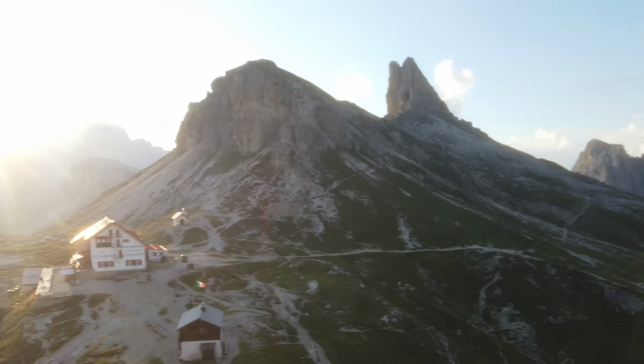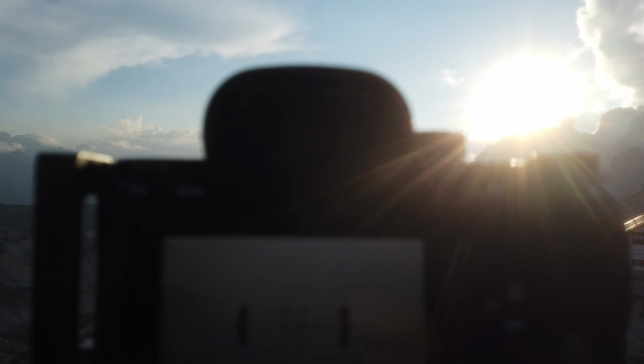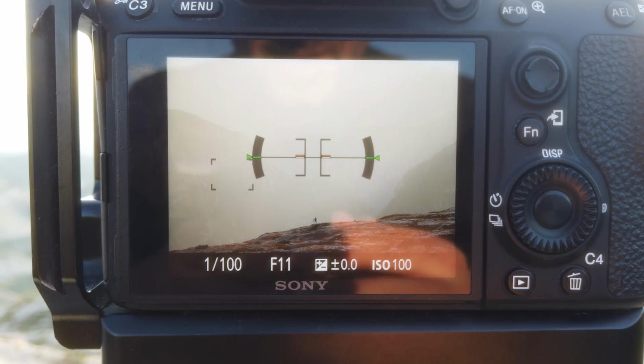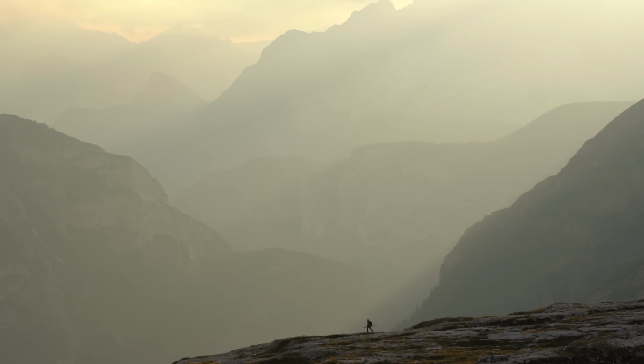So right now I have come up onto this ridge behind me. You can see we have the Refugio down here, sunset over here, and then we have Sam standing out here posing for me. And I have a composition that looks like this, and then I have all the layers here in the background of the mountains. It looks absolutely stunning. So it's yet again one of those shots where I really use perspective compression to my benefit. And as you can see, I'm filming Sam walking right down there. I've come really far back up onto the ridge so I can get the perspective into a valley. And then I'm zooming in, right now it's 135mm, and it just gives this absurd huge